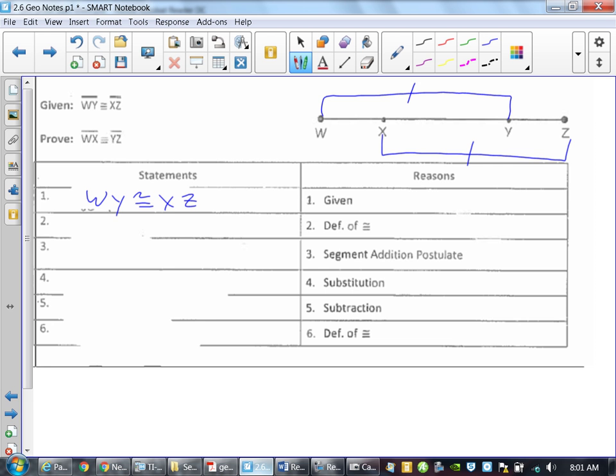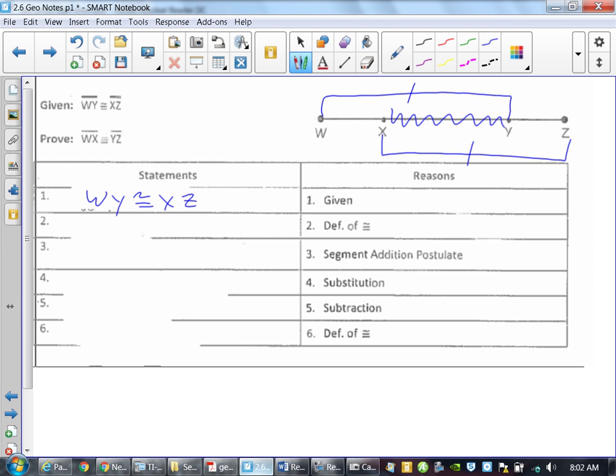Now, you can start to foreshadow what's going to happen, because they want you to prove that WX, the small chunk, is going to be congruent to YZ, the other small chunk. Just by looking at the diagram, I know that there's this common overlap. If I set this up via segment addition, I could back that out of both of them, and then I would be left with it. So that's meaning WX is